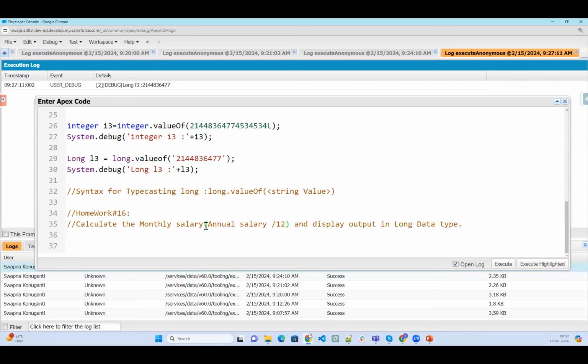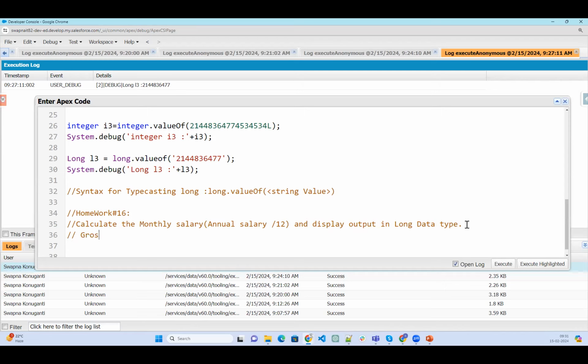And how about tax? Because there will be a tax deduction. So what are the variables you need to declare in order to do this? Gross value, PF value.